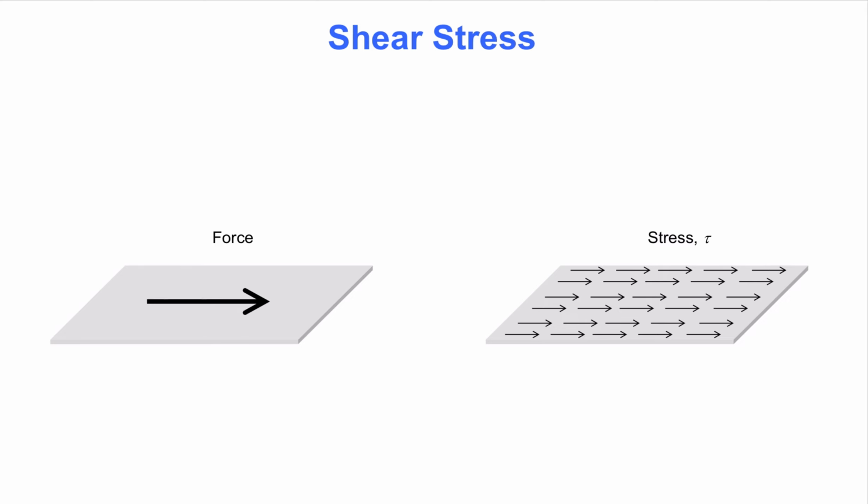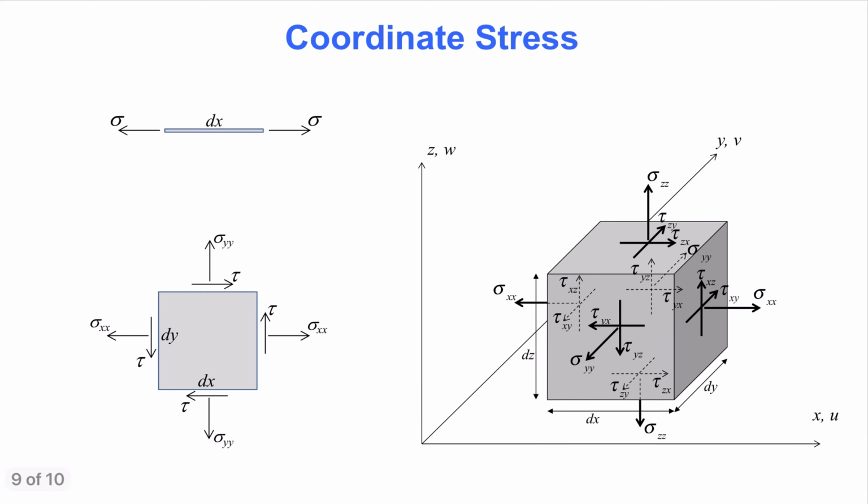This final slide further develops the notation for stress. We call the stresses that act along the coordinate axes coordinate stresses. Notice that all these gray shaded portions of material are infinitesimally small. Also notice that the stress symbols often have subscripts to tell in which direction they act. More precisely, the first index of a stress gives the direction of the surface normal of the surface it acts on, while the second index tells the direction of the stress itself.